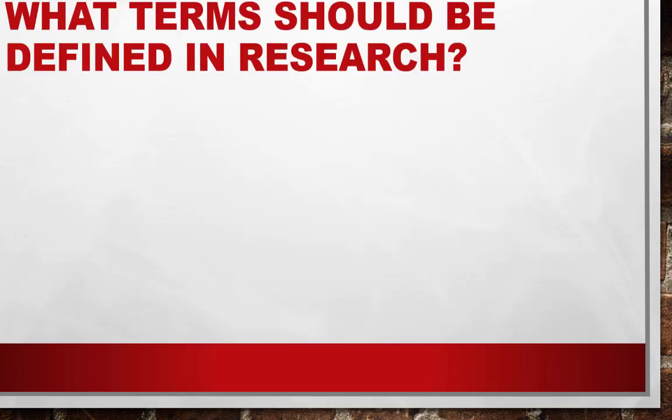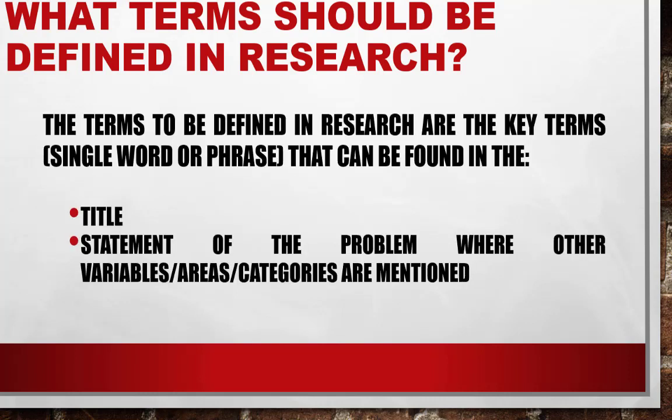So what terms should be defined in research? How can we identify the terms to be defined in research? So that's the question. Is it up to a researcher, the terms that he or she needs to define, or are there rules to follow on selecting the terms that are needed to be defined? So the terms to be defined in research are the key terms. These key terms may be a single word or group of words that can be found in the title. So the major variables in your title or the major terms in the title should be defined,